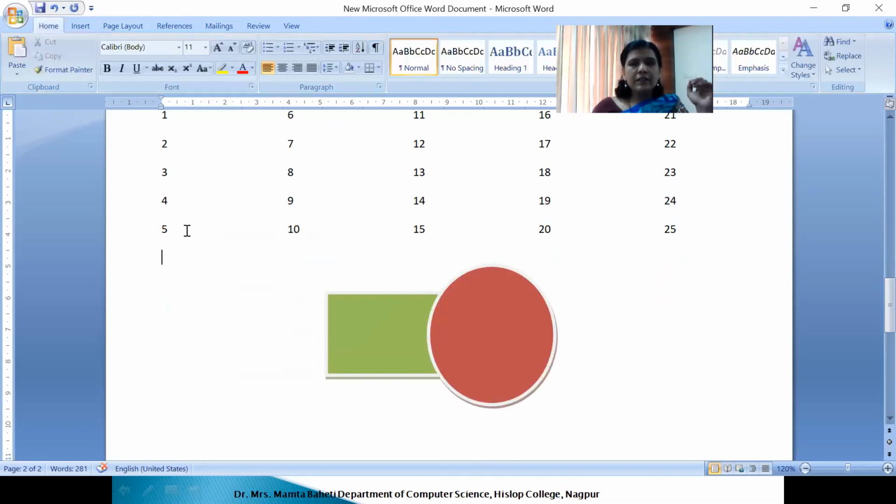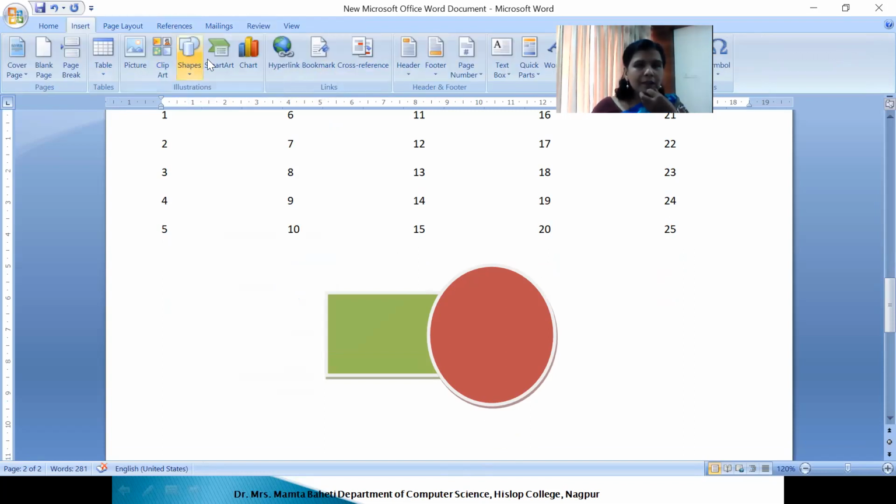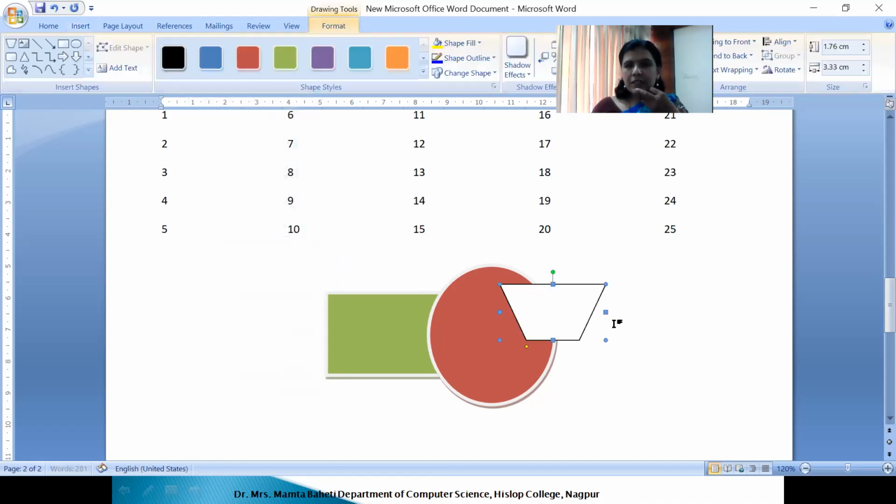I'll change the color. Suppose this is the third shade. I'll make it purple. So this green image is at the back, this is in the middle and purple is on the top.